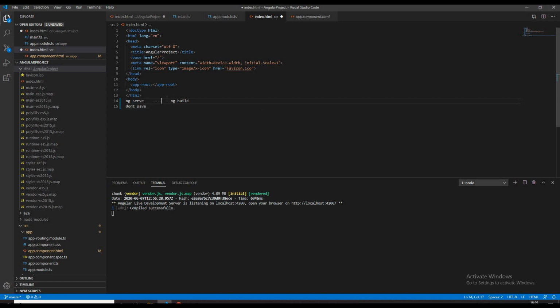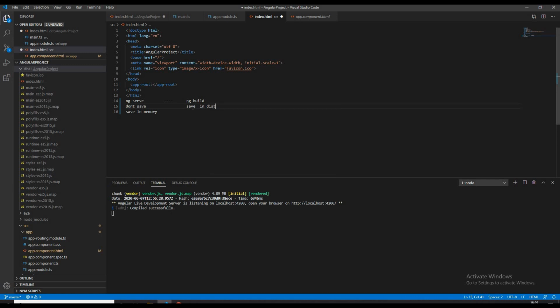We are saying compiled files here. What are those compiled files? Our TypeScript files, HTML and CSS style sheet files, and all other TypeScript code is compiled and generates a few files called bundles, which are downloaded by the browser and run in the browser itself. But the ng build command is not like ng serve. It builds our application and also copies the compiled output files into the dist folder.